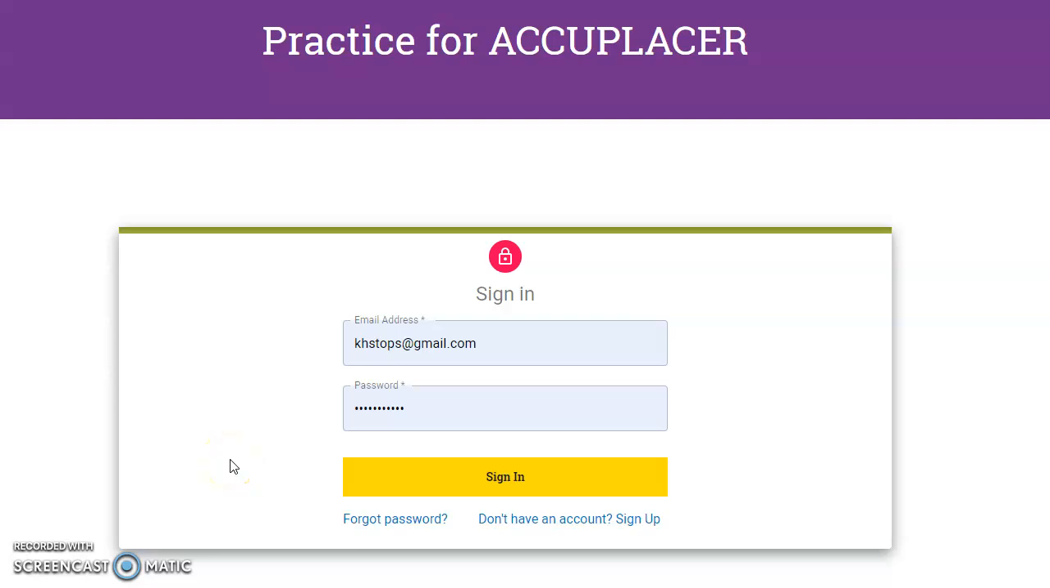Hello, today we're going to go through the steps to complete the pre-assessment activity for the TSIA2 in order to receive our pre-assessment activity certificate. The website that we're using is practice.accuplacer.org/login. If you have never created an Accuplacer account, you would want to click here on Don't Have an Account,